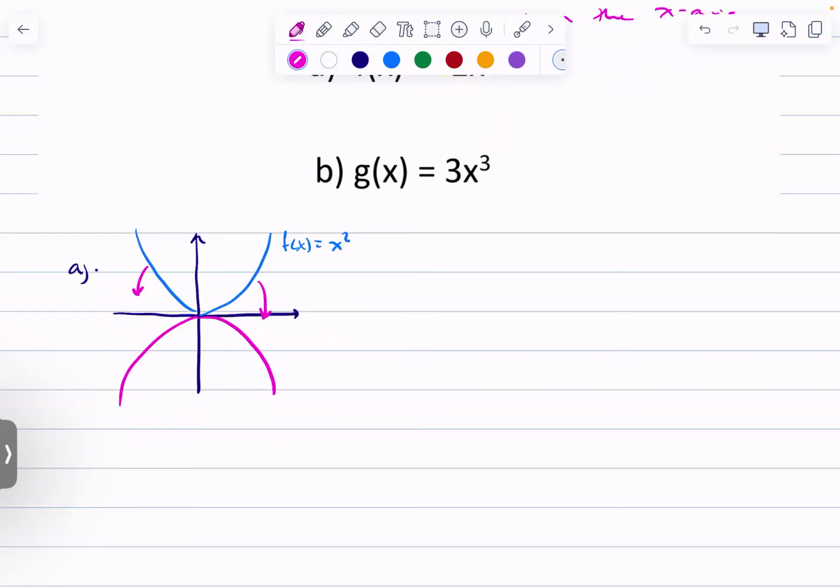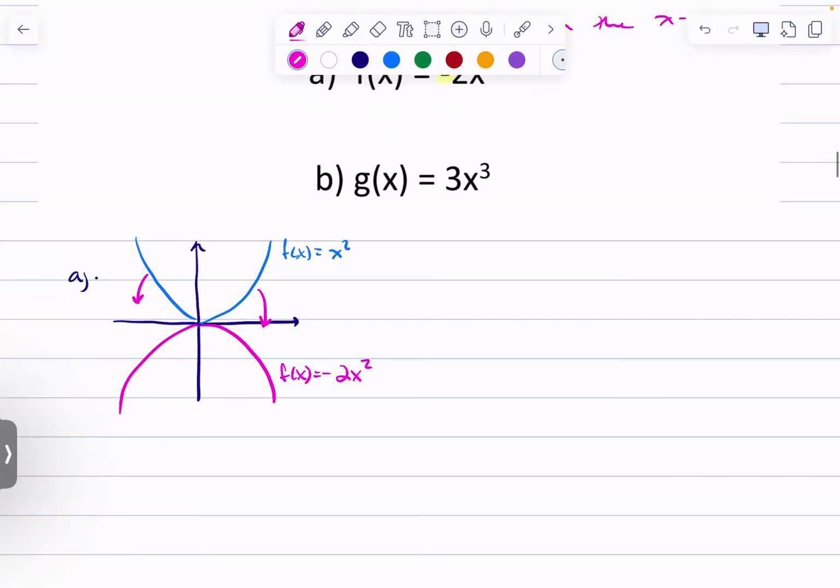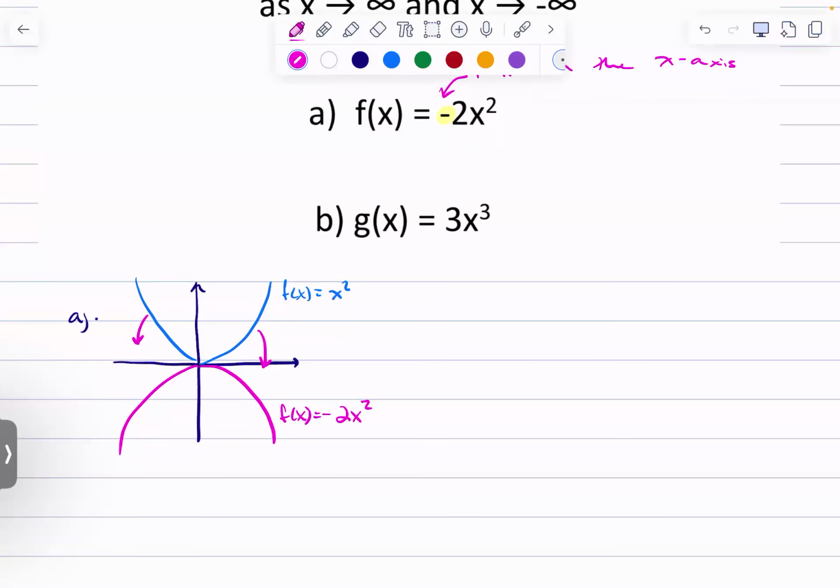For simplicity, I'm just going to label this f of x is negative 2x squared. Let's pretend I did it. I applied the 2. Actually doesn't really matter in terms of explaining the end behavior, right? And so now, right, this negative is the important part. But knowing the general shape of x squared,